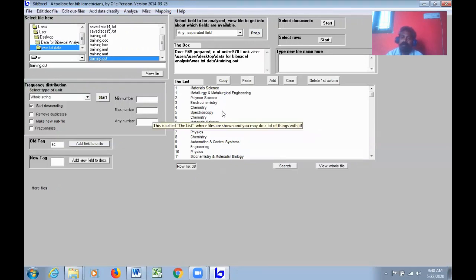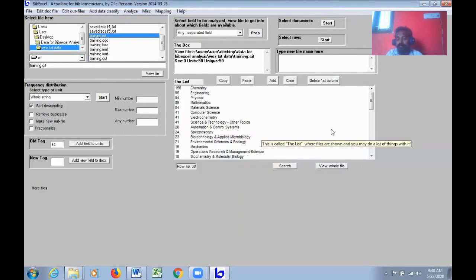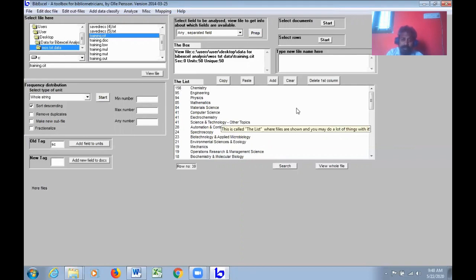Now I want to find out the most influential research areas of my data, that is, in which particular research area more papers are published. For example, I go to hosting, start descending, click start, say okay. You can find out that 156 articles are classified into chemistry, 95 in engineering, 94 physics, 85 mathematics, 84 material science, 41 computer science. So this way you can find out the most prominent research areas of your research